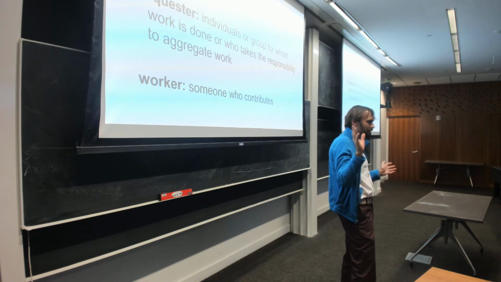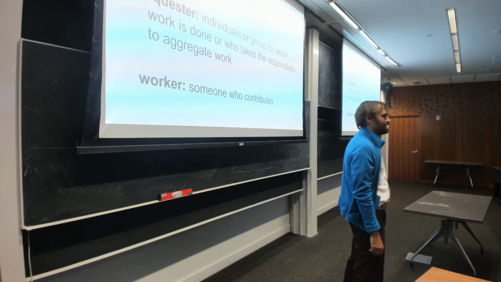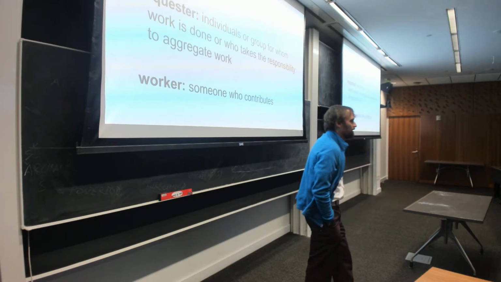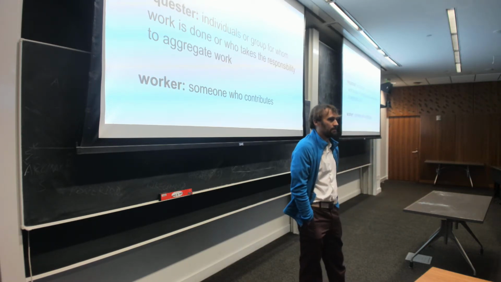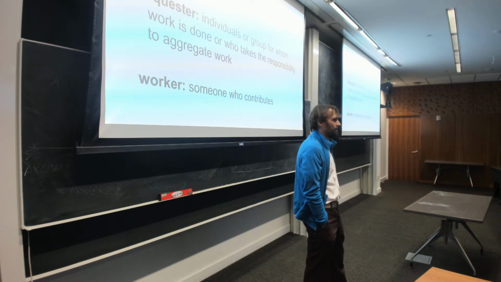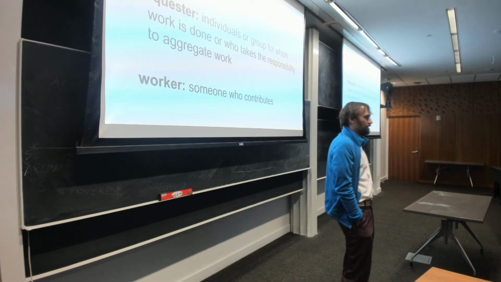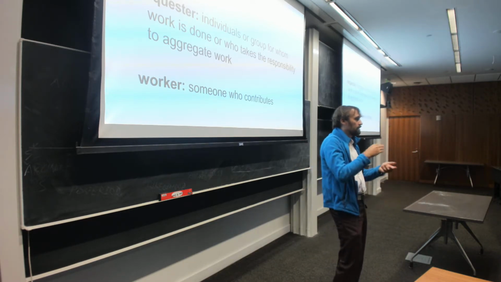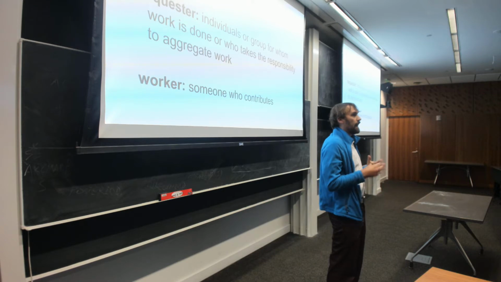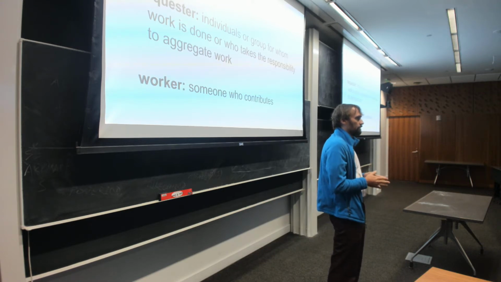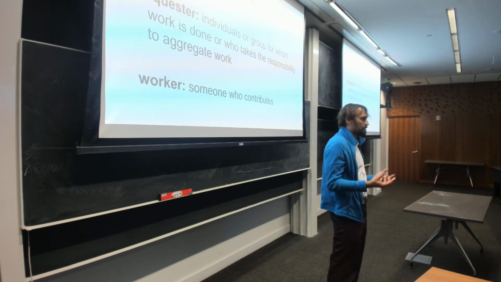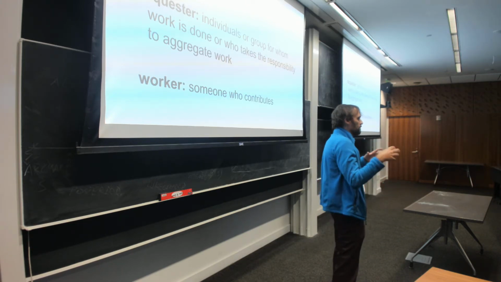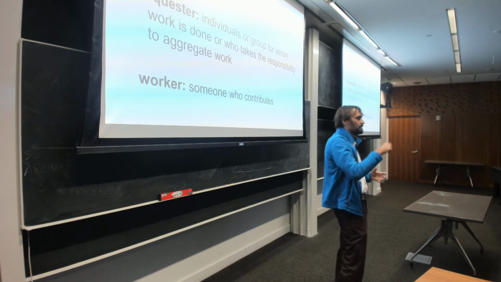Anyone have an idea of where that doesn't actually make sense? Where is there somebody that doesn't fit this? Yeah, the middleman. Sometimes there are people in between, right? It doesn't happen as much as it could on a lot of the crowd platforms that we use, but you could imagine somebody who's like the manager of some crowd workers, who is basically responsible for pairing workers with requesters. That makes sense?